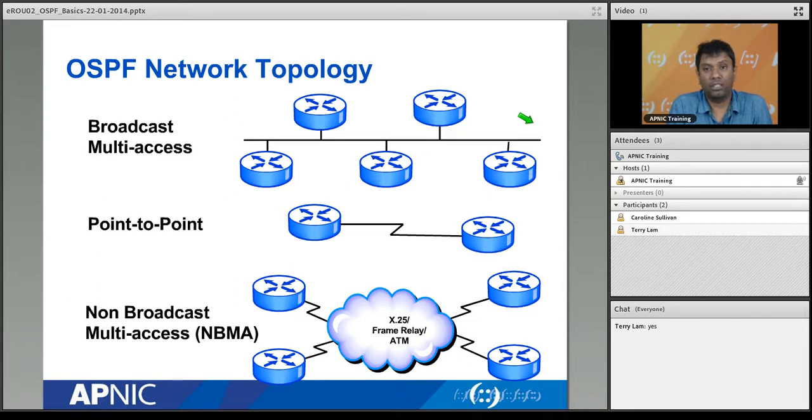As I said, in a broadcast multi-access network, for example a LAN, the OSPF protocol will be selecting a DR and a BDR, right? If you don't do anything, just by identifying the topology, the OSPF protocol will elect a DR and BDR. There is a default behavior for how they elect the DR and BDR. Normally the highest router ID will be the DR, and the second highest will be the BDR, and other routers will